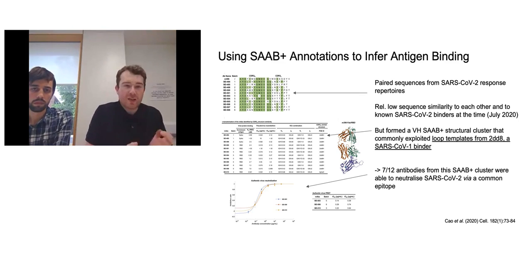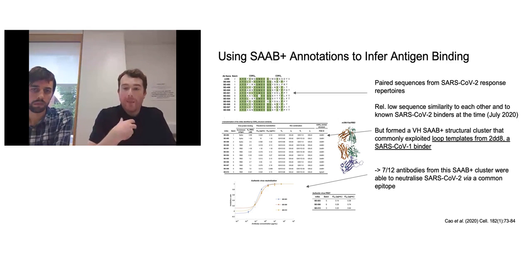And so this is all a really nice way of looking at repertoire data in bulk. But there are also some immediate practical applications of this as well. There's a really nice study in Cell from Cao et al. in 2020, so this is fairly early in the COVID-19 pandemic, where they used the SAbDab plus annotation approach to actually